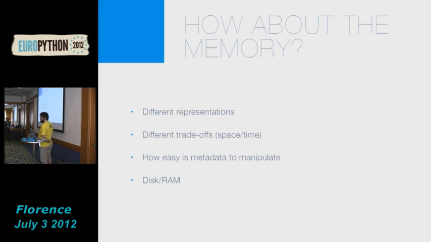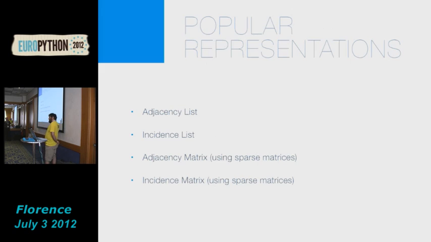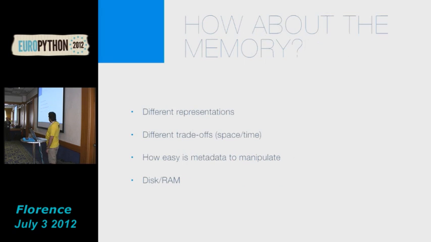But the point is that the default representation is this, an adjacency list, which I'll be explaining in the next slide. Other representations are these, the matrices, which we'll see are much more efficient. Different representations have different trade-offs, space and time, depending on the algorithm you want to run, and on how easy it is to manipulate metadata